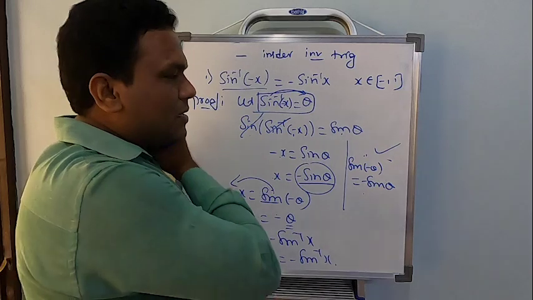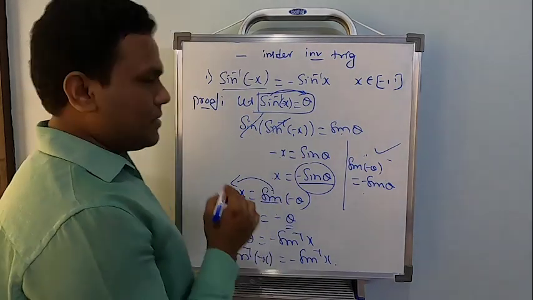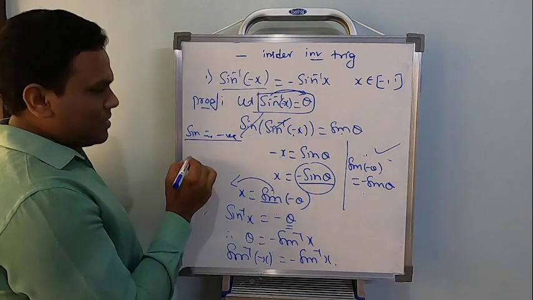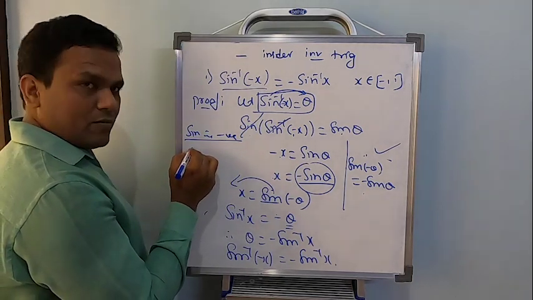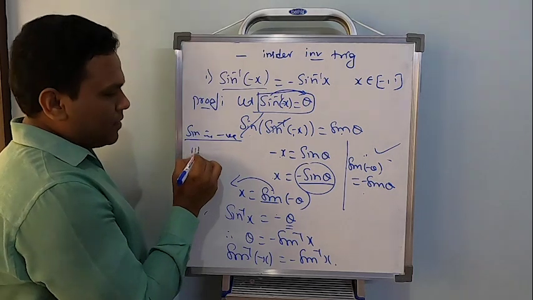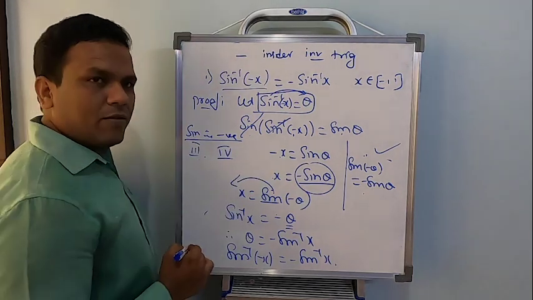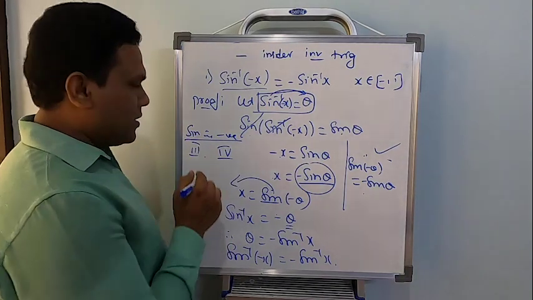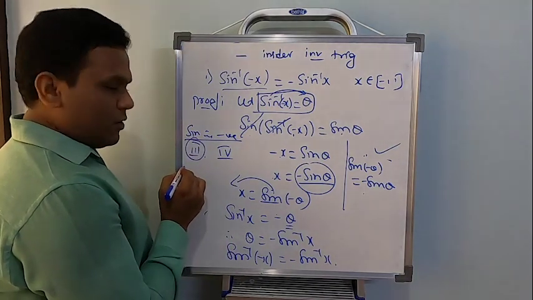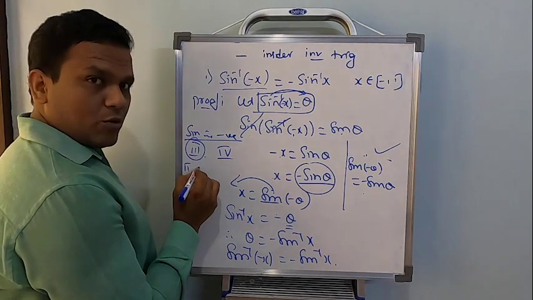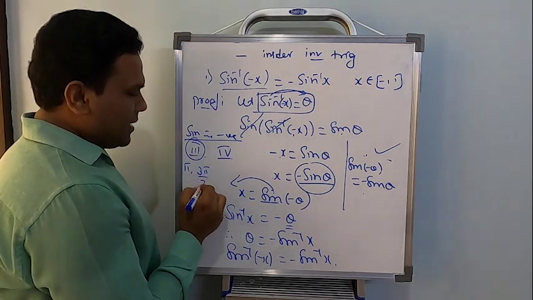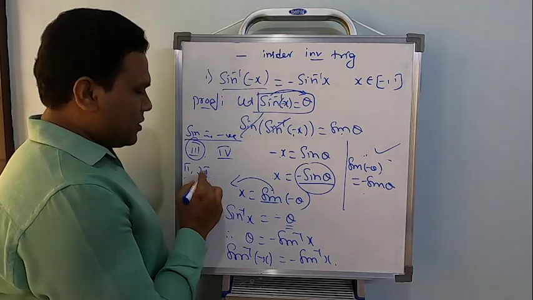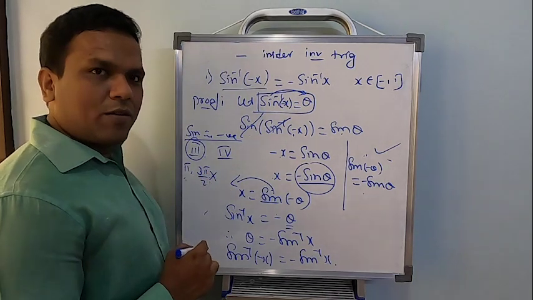Because sine is negative in how many quadrants? Either it will be possible in the third quadrant or possible in the fourth quadrant. Clear? So any one of the quadrants should be chosen. Third quadrant, what is the value? The value will be pi to 3 pi by 2, that is 180 to 270 degrees. No, this does not satisfy the domain of sine, correct?